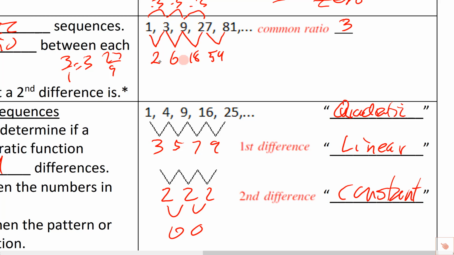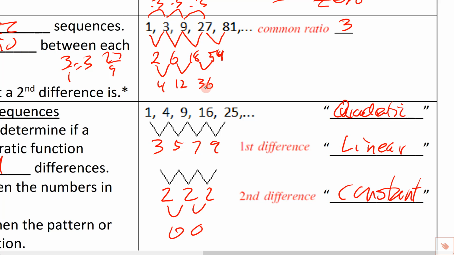Okay, well, you'll notice that there's no consistent pattern here. So let's find the second level difference. Let's do those. This is going to be, let's see, 6 minus 2, that's a 4. 18 minus 6, that's a 12. And 54 minus 18, that's going to be a 36. So